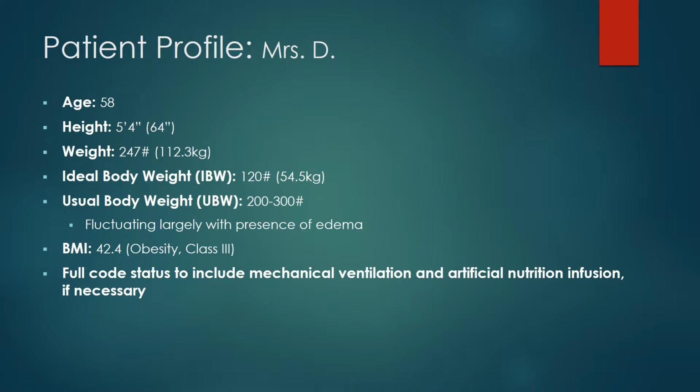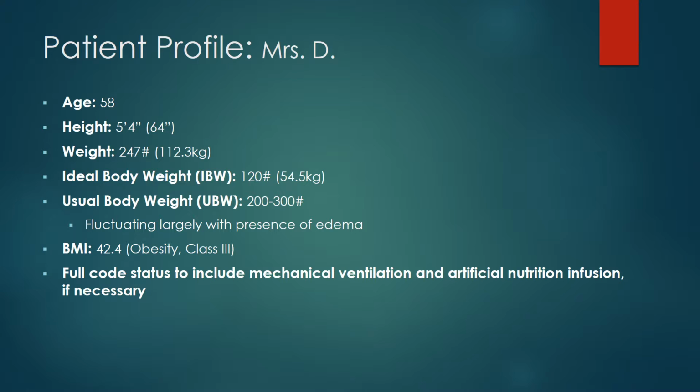So this is the patient profile for Mrs. D. She is a 58-year-old female. She is 5'4", 64 inches tall. She weighs 247 pounds, which is 112.3 kilograms. Her ideal body weight for a woman that is 5'4" is 120 pounds, but her usual body weight ranges between 200 and 300 pounds. She stated that it fluctuated widely because of the presence of edema,